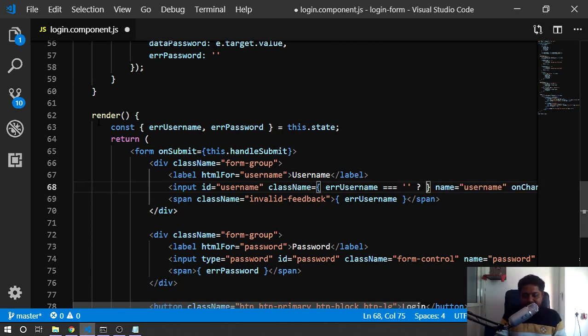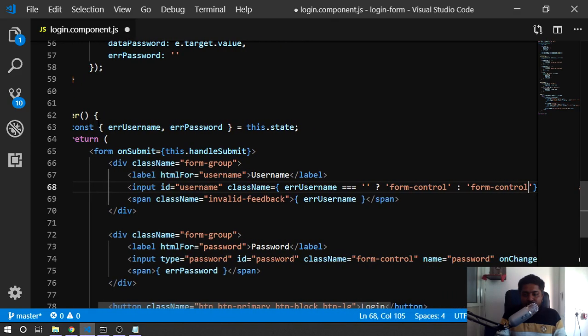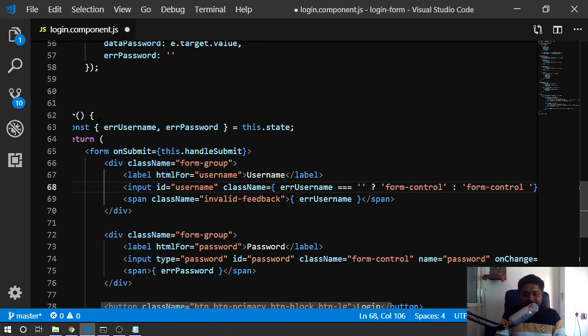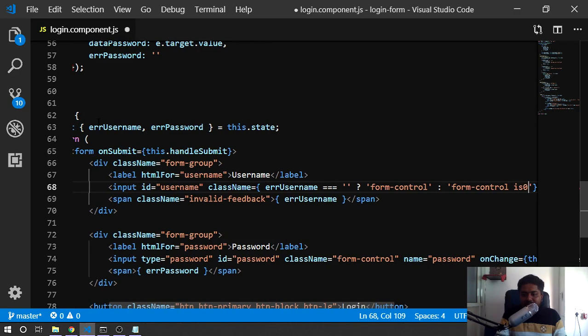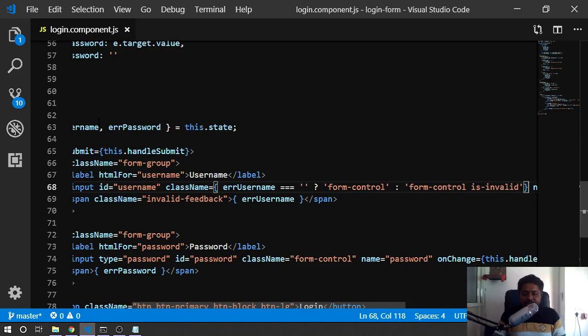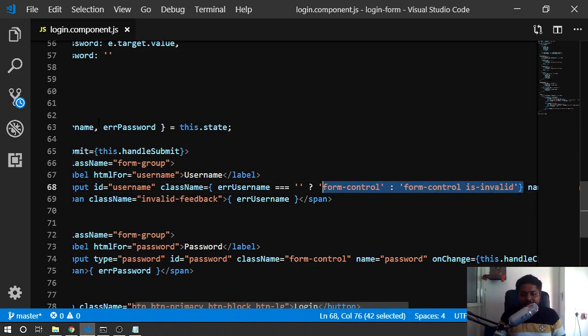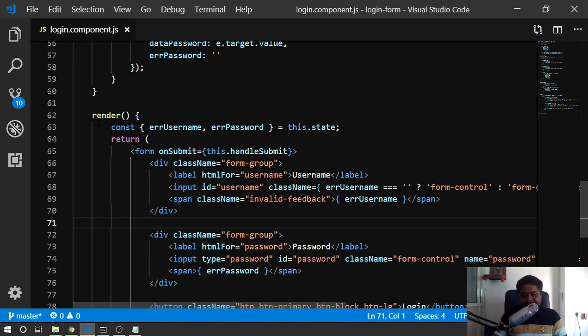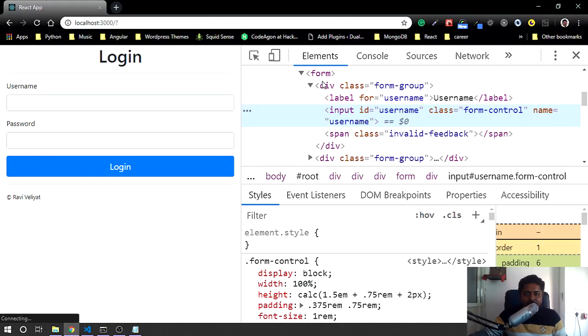So if there is no error, then have just form-control as the class, else, which means if it's not blank, then have form-control and is-invalid as the class as well. This is the whole expression that I'm putting in. It's a ternary operator. For className, if error username is blank, then just go for form-control as the class name, else go for form-control is-invalid. So if that is the case, then what would happen is